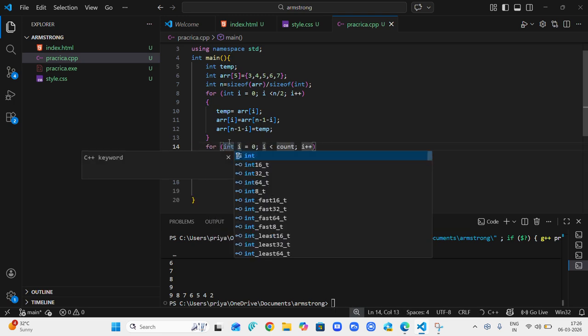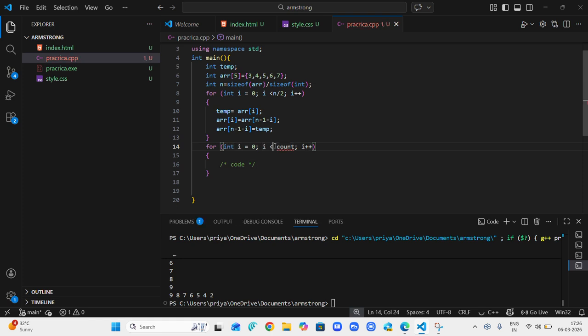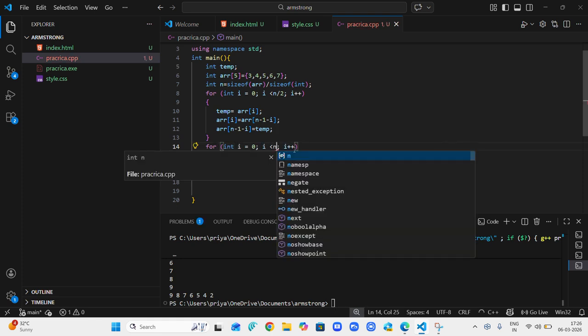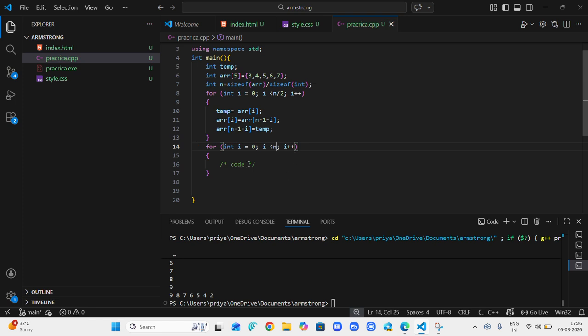For int i equals 0, i less than n, i plus plus, and I'm going to cout array of i.